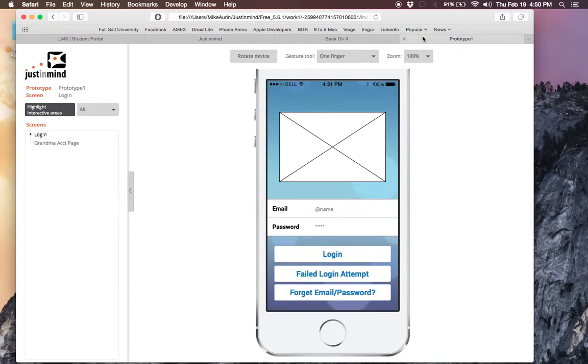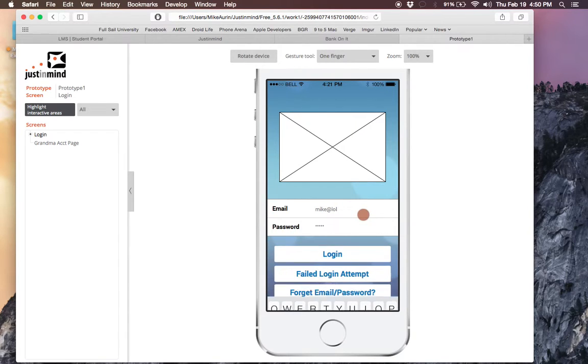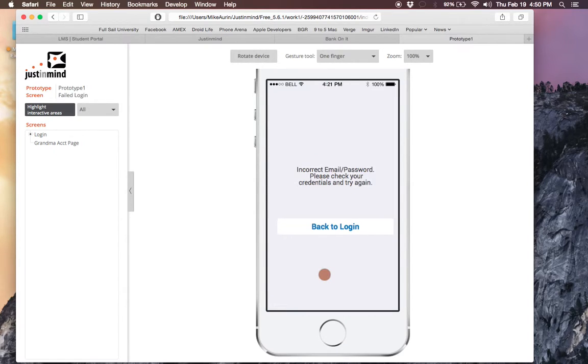If we scoot over to the prototype, here is the basic login screen. I have implemented a forgot email or password feature and a failed login attempt. So if you put in your email address and then the password, return. Say that you mistype your email or password. Obviously, this would be just a normal login button, but say the information was incorrect, it would bump you over